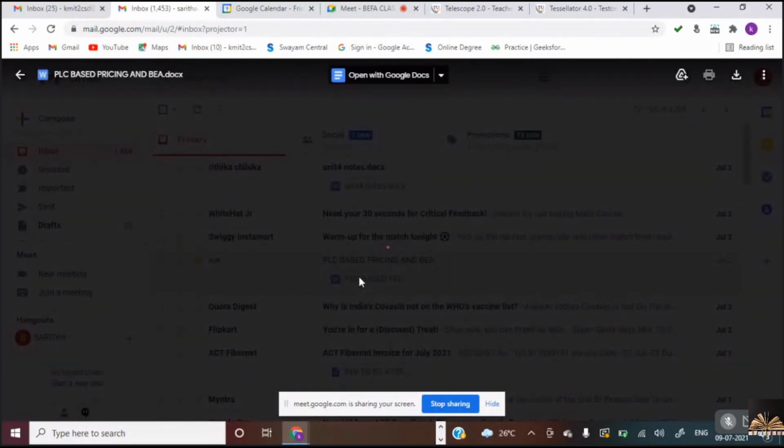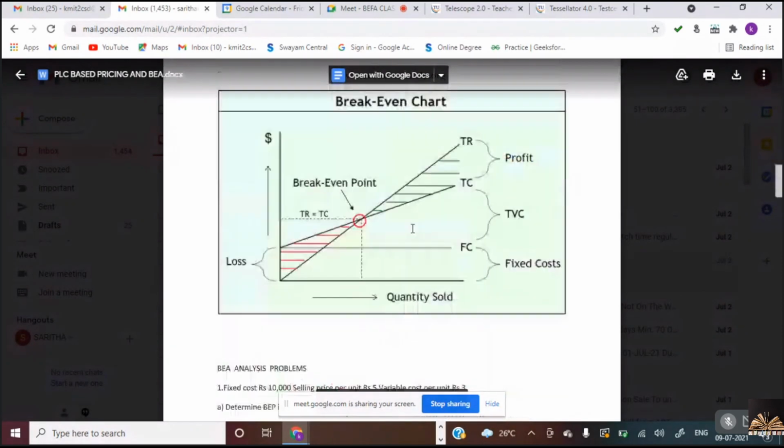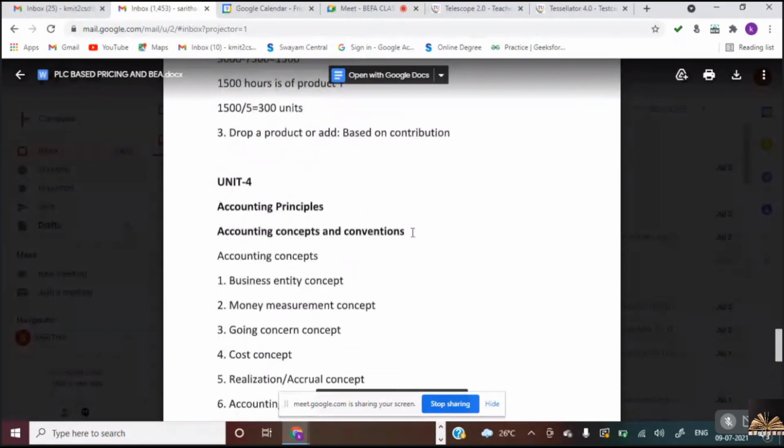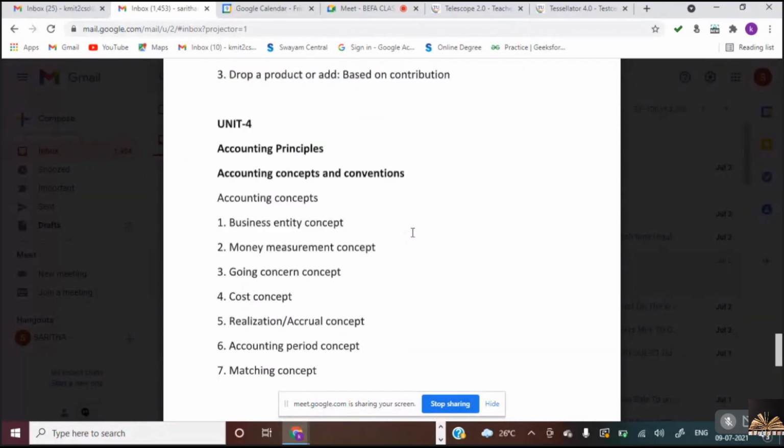Accounting principles. Why do we learn these accounting principles? Journal entries have rules to pass the entries, but accounting principles are the general guidelines which facilitate comparison between one company and another company, one branch and another branch, or the same branch with last year and the present year. Is that clear? Each and every company needs to maintain particular standards which are given by Indian accounting standards,